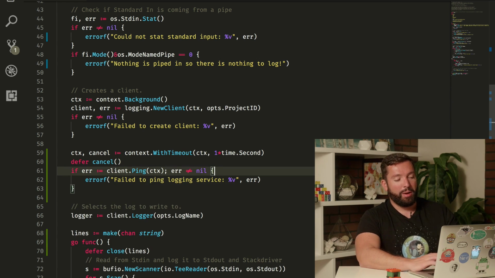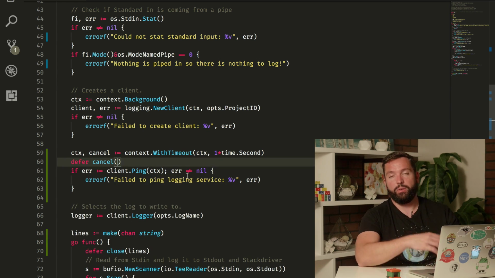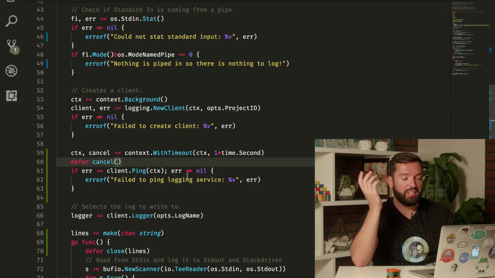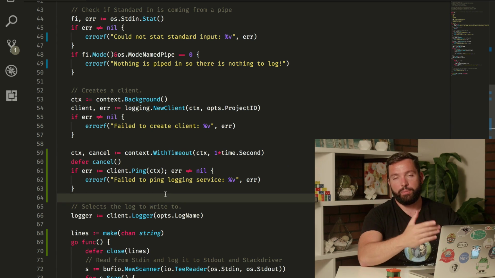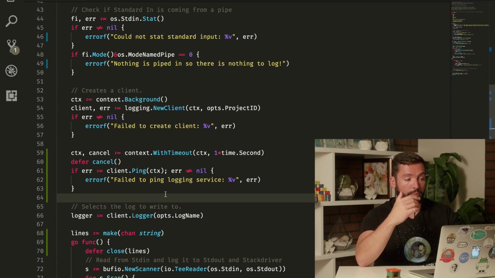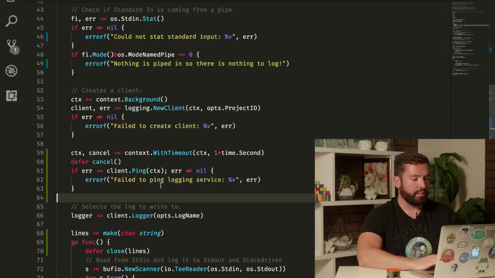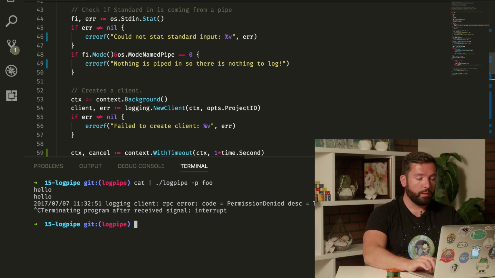But I do not care enough about this tiny context. If we leave it there running for long, it's not really an issue because it's not something that we're going to be doing repetitively. We just do it once at the beginning of the program. So this is fine, in my opinion. Okay, so